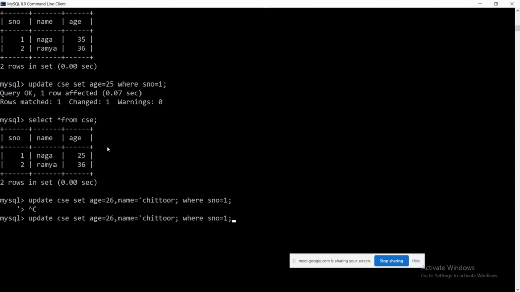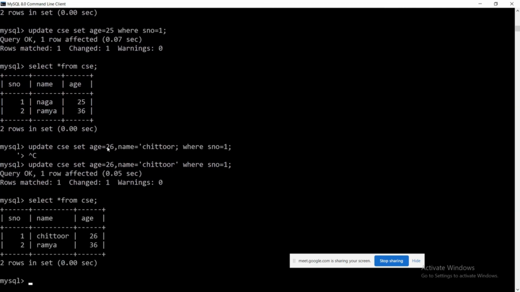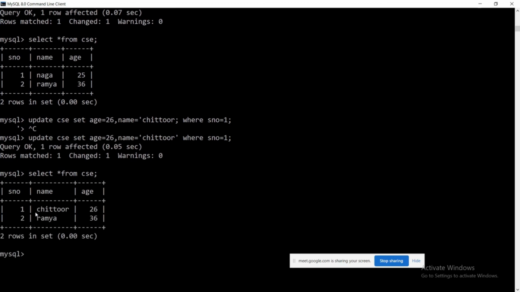So I think I made a mistake there. That's it. Rows matched 1, changed 1. If I perform select star from CSC, I can update multiple columns also by separating with the comma operator. Okay, fine. So I think we completed